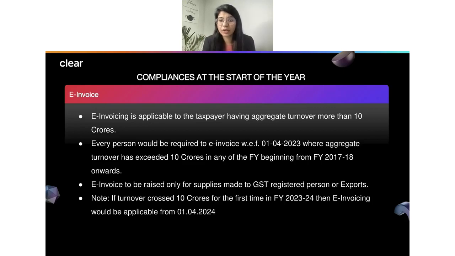I could see there is one question from Rohit, who is asking, is there a time limit to generate an invoice? Can I generate an invoice of 23rd March in April 23? So Rohit, I will tell you one simple thing. When it comes to e-invoicing, if I have issued a normal document, and e-invoicing was applicable to you, and you have not generated the IRN number and you have not put the QR code